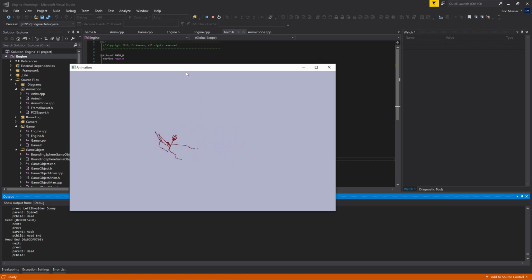I can switch it to the run, and the run's really slow. And then you can make the run go backwards, make the run go forwards. And then if I want, I can pause. So